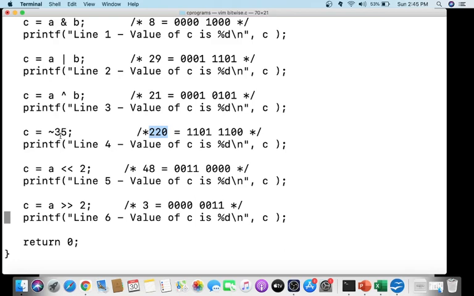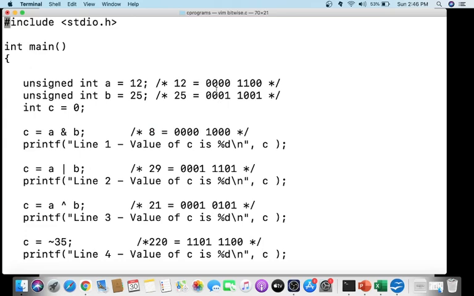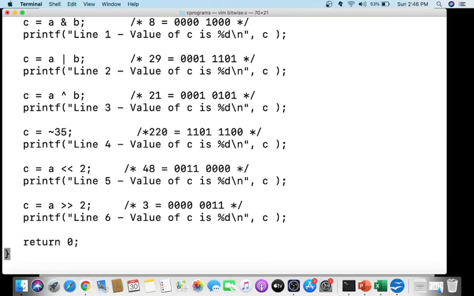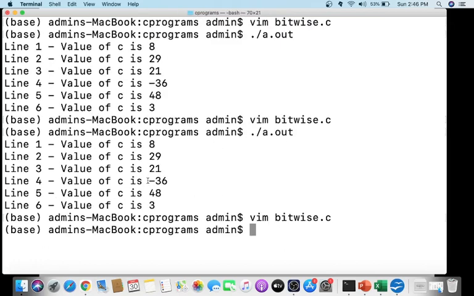So don't worry about this. You will get a result that won't be the same as what you guessed, because you simply took the binary opposite of 35. If you check with different values such as a different 12, you will get the guessed result, but in certain cases, when you come to negative numbers, it will be a different result. That's why we guessed 220, but what we got is a different value. Here we got minus 36.